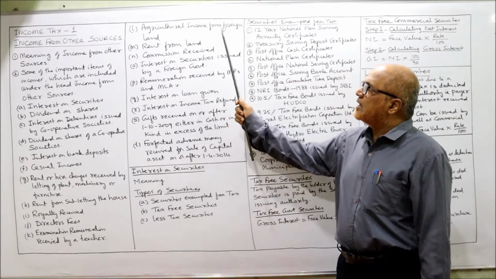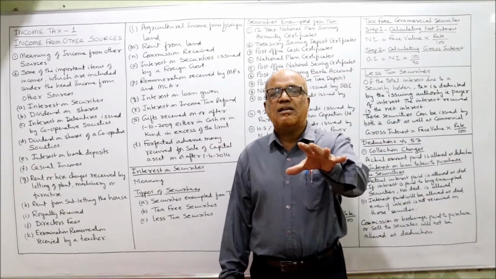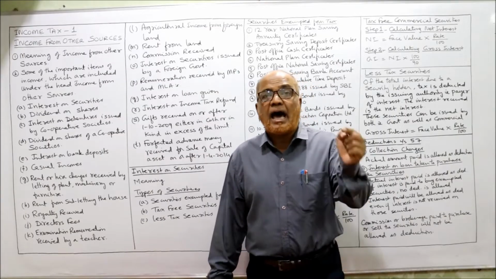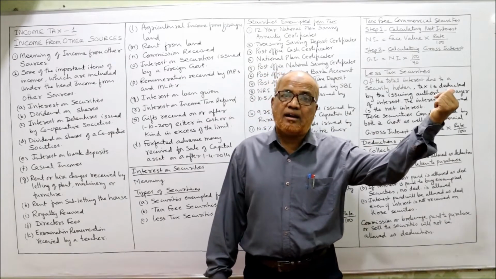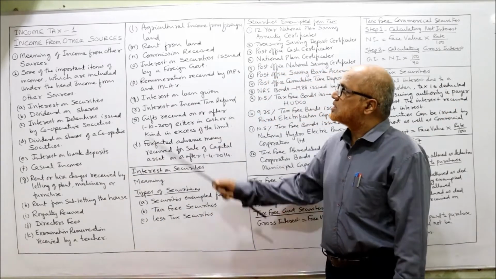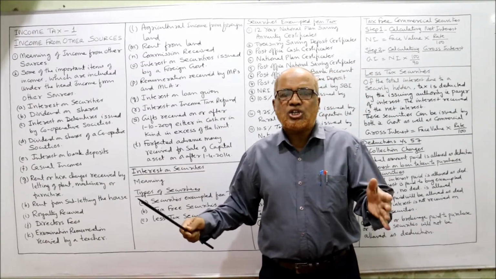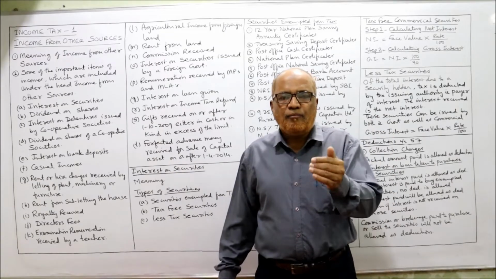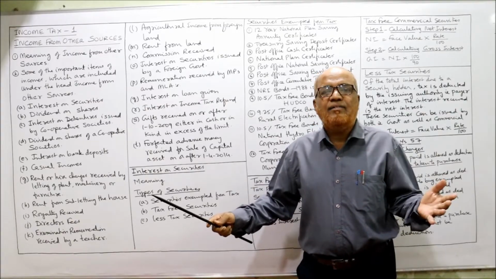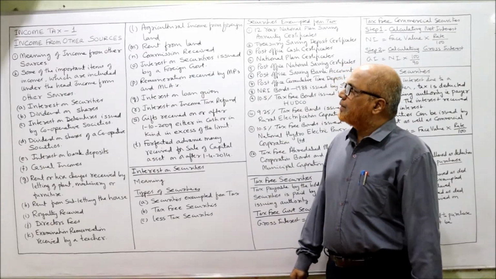Next comes agricultural income from foreign land. In the previous videos, I explained to you that agricultural income in India is exempted, provided some conditions are satisfied. But agricultural income from a foreign country received in India is fully taxable under income from other sources. Rent from open land. There is no structure, there is no building. If rent of a building is there, it will be taxable under income from house property. But open land, if it is let out, rent received is taxable under the head income from other sources.